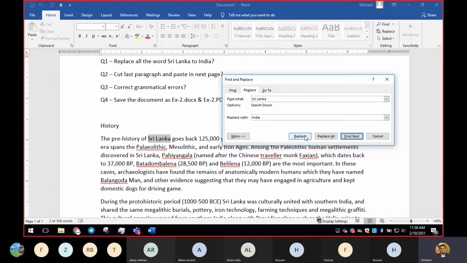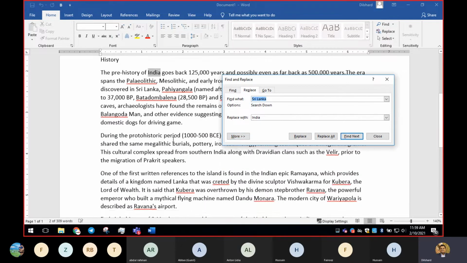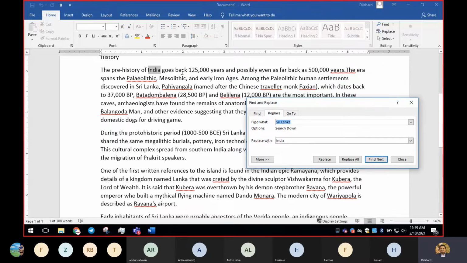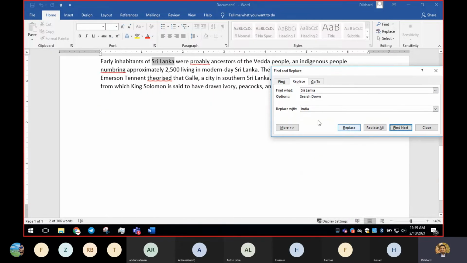After clicking on Replace, now here it says the prehistory of Sri Lanka. This is going to change into India. See here, I click Replace. That says the prehistory of India, right? And everything will be wrong, it's just for experiment purposes. I don't think this data matches India. Okay, I'm going to click Replace again, and then it will highlight and show you again. If you click, that will be replaced one by one. This will be replaced.